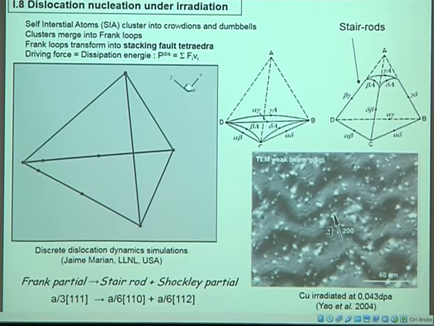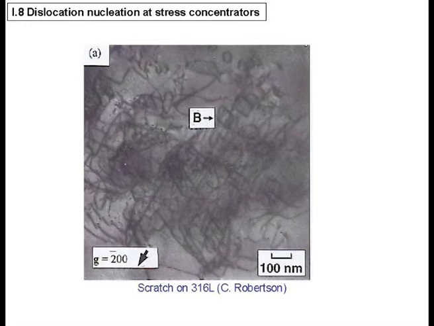It is the Burgers vector which connects two points of the two middle faces of your tetrahedra. It's not a partial which is in the plane. It's out of the plane like that. So this is the stair rod segment, okay? This stair rod is the borderline of the tetrahedra. It's made of those stair rods, and at the end, it's a totally faulted tetrahedra, so it's a stacking fault tetrahedron.